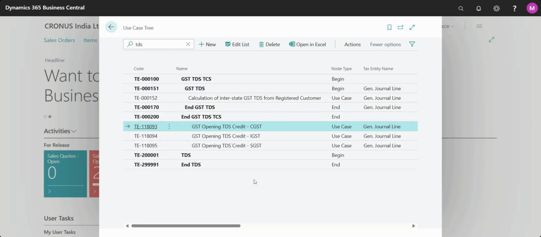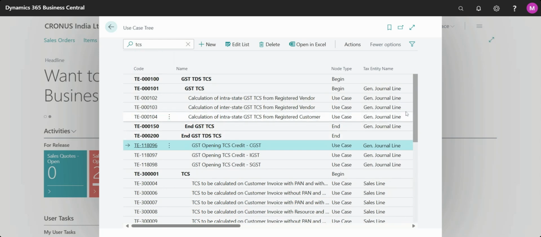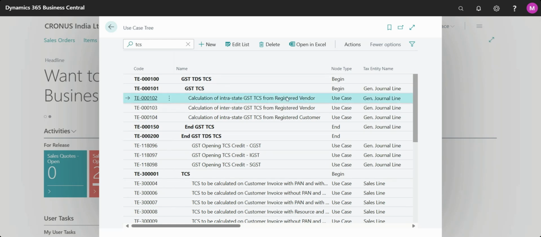Okay, same for TCS. See, lots of scenarios are here, and it's showing this kind of scenarios like calculation of interstate, it means between two states, and intrastate it means within the state, means local, for the local vendors. So this will work on the general line.